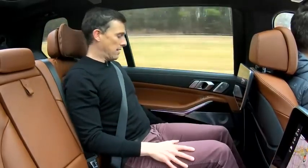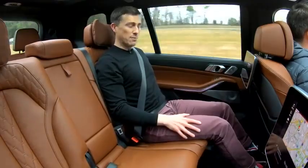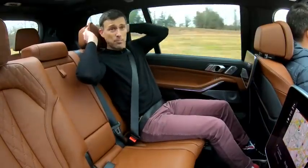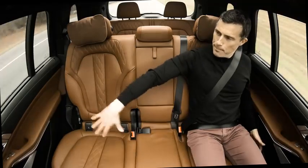But let's talk about the space, because that's what this car is about. So yeah, look, I can electrically move my chair back for even more legroom, and there is absolutely loads of room to stretch out. I can recline it as well to get nice and comfy, and I've got these little pillows here as well. As standard, you get a 7-seat version with a 3-seater bench here in the middle, and